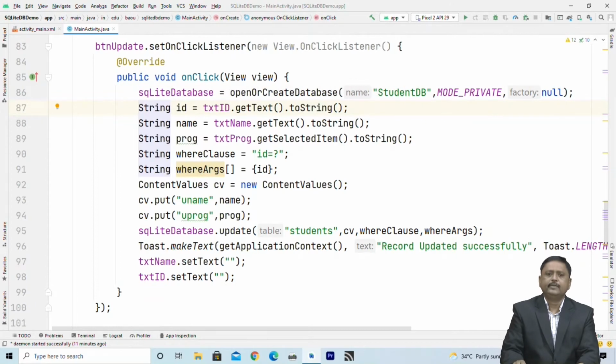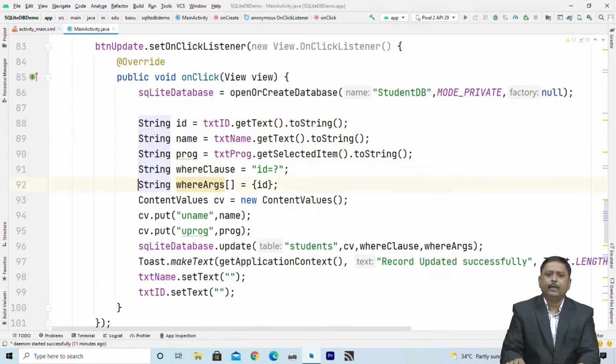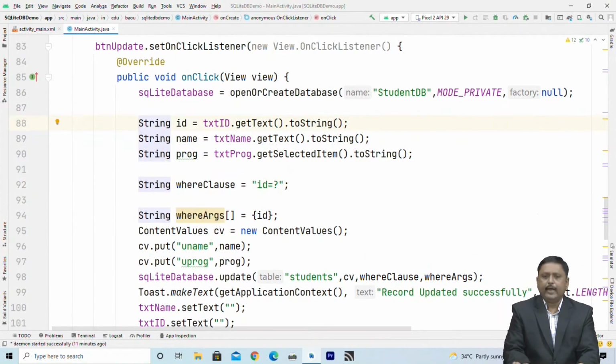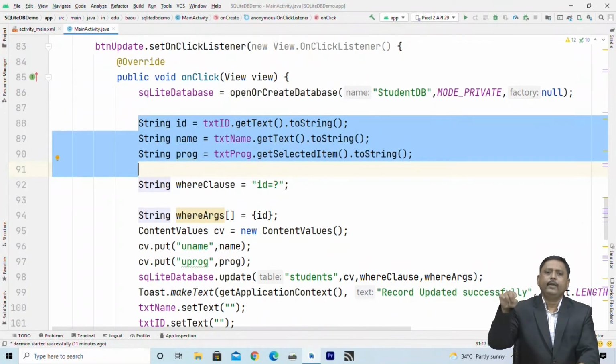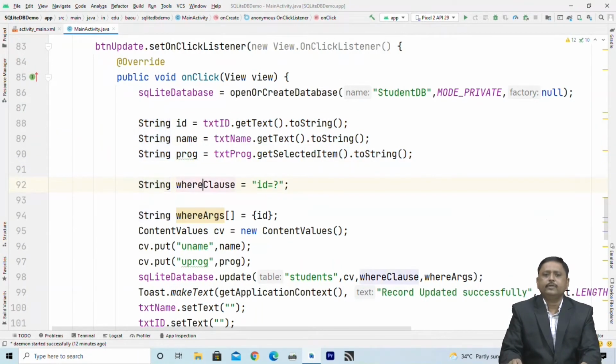Then I specify ID, name entered by user in ID edit text, name edit text, and program spinner. These three control specifies updated value, and our where clause is we want to update this ID.